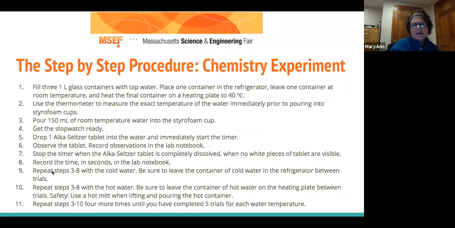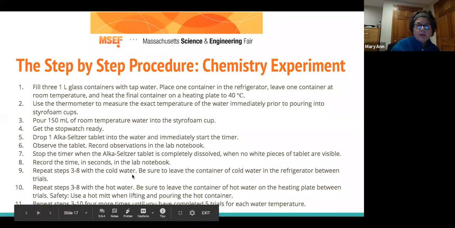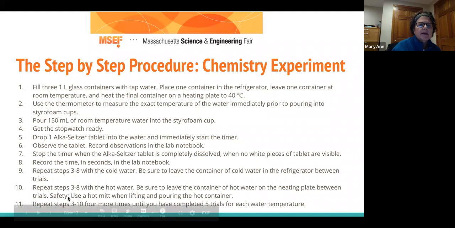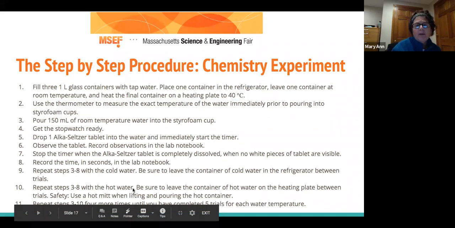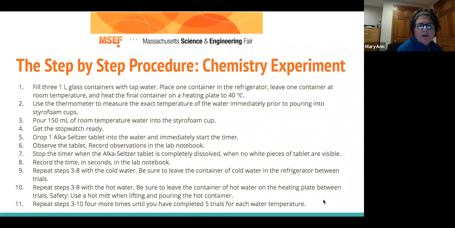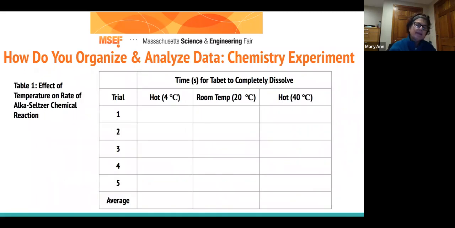So it says repeat steps 3 to 8 with the cold water. Be sure to leave the container of cold water in the refrigerator between trials. Repeat steps 3 to 8 with the hot water. And then the last thing is repeat steps 3 to 10 4 more times until you have completed 5 trials for each water temperature. Honestly, I make my kids collect 100 pieces of data. So they're not doing this just 5 times each. They're going to do it 33 times each so that they get 99 data points,